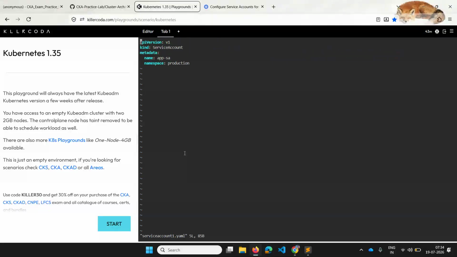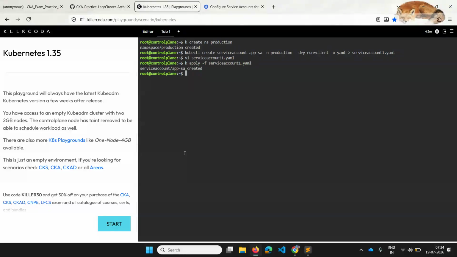I just want to see how that looks. So this is the YAML which gets created. I'll not do anything, I'll just apply hyphen f of service account one. You can just do this much. I was just curious how that YAML looks. And so I have created the service account.